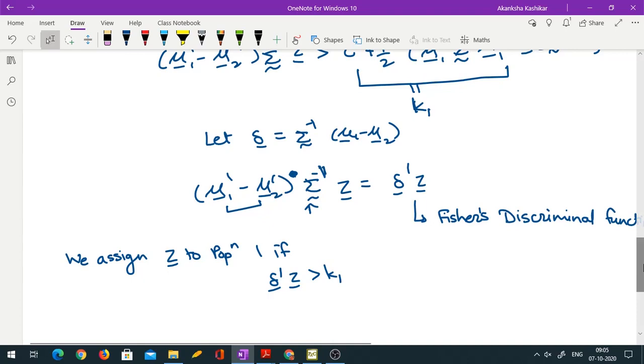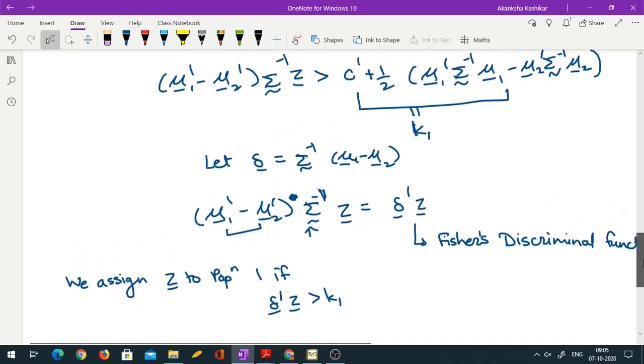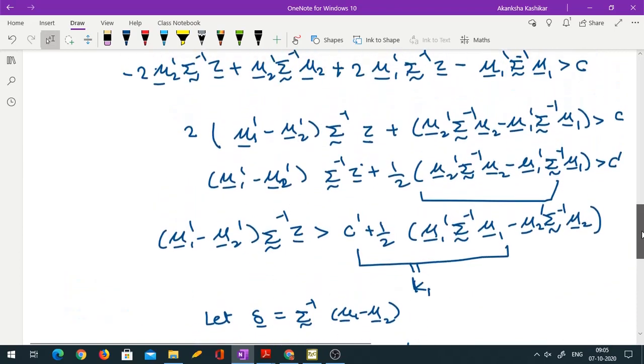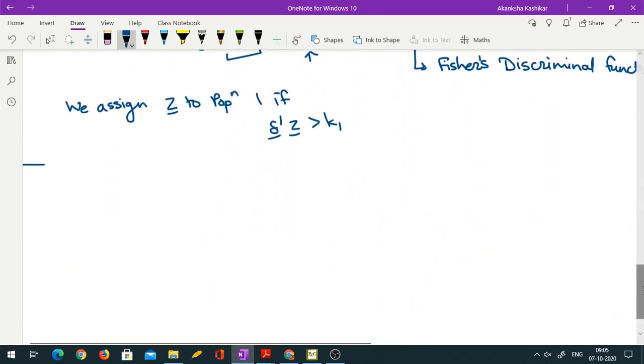Now the key question still remains, what is k1? Because we have not derived it yet. So unless we derive k1, it is of no use. This part of k1 we know, but what about c? c we don't know, c prime we don't know. Okay. So now we will say,